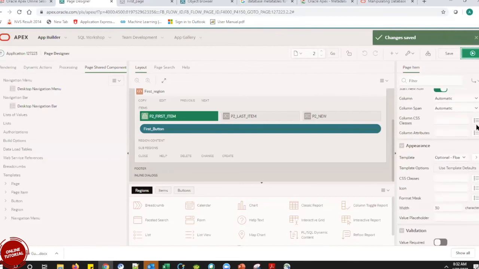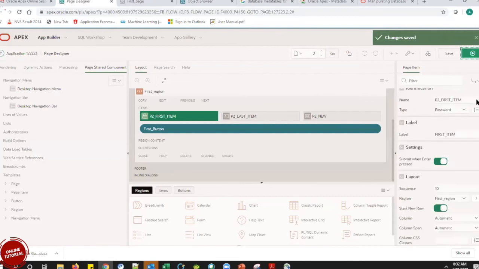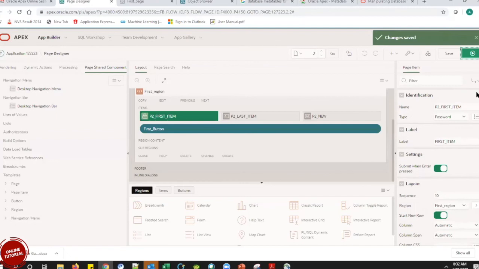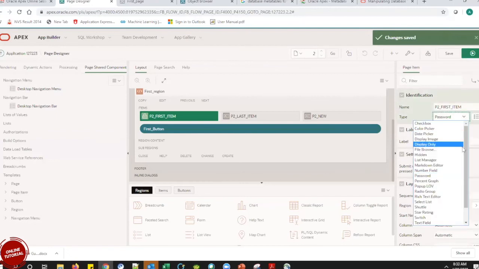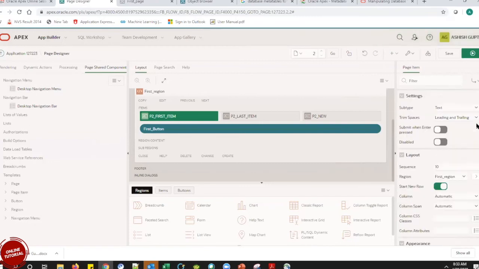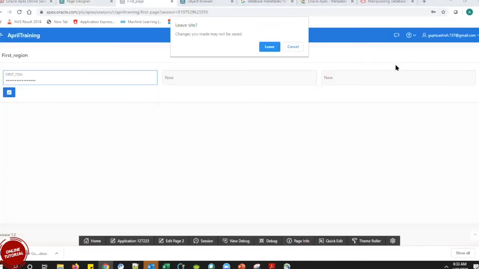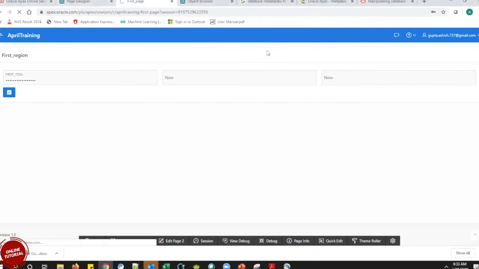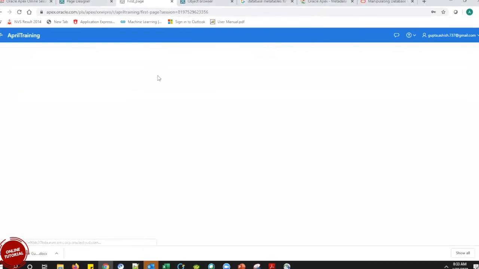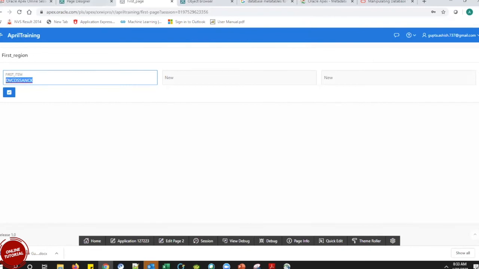I want to show you one thing here. We can see this better in the text field. See, I kept it here as a width of 10. If I keep my width as 5, I cannot enter more than 5 characters. It is not going to accept values of more than 5 characters.